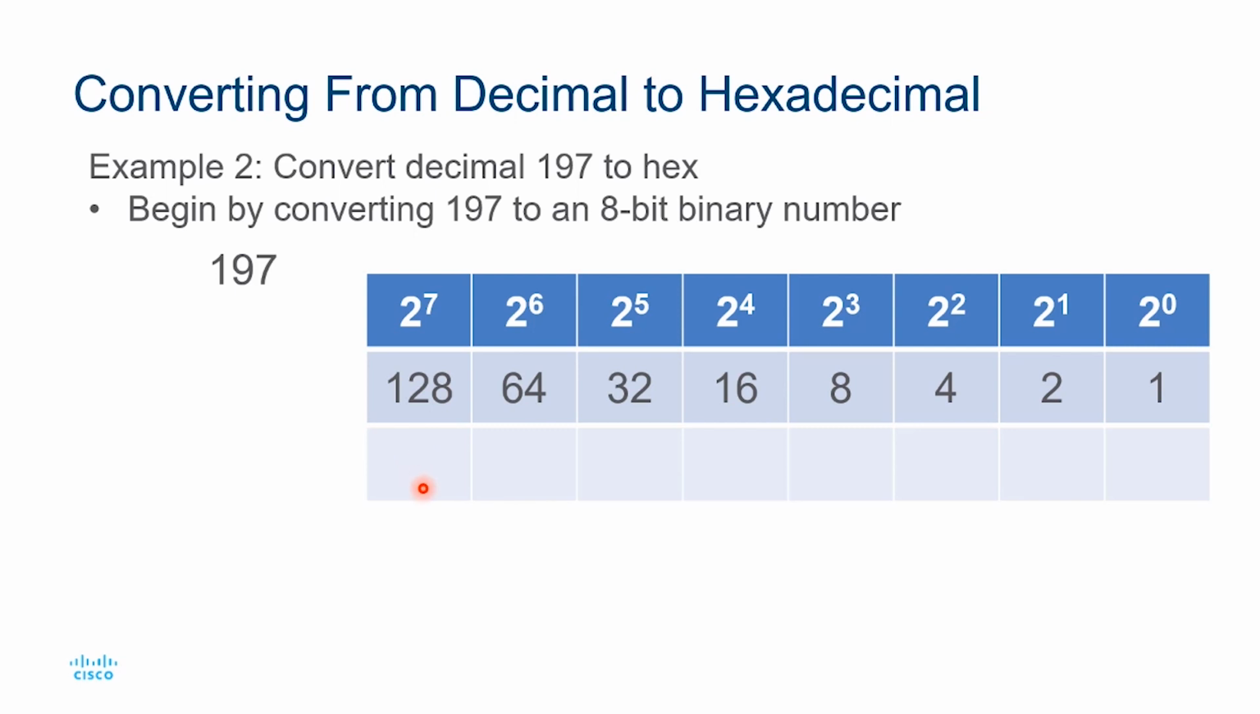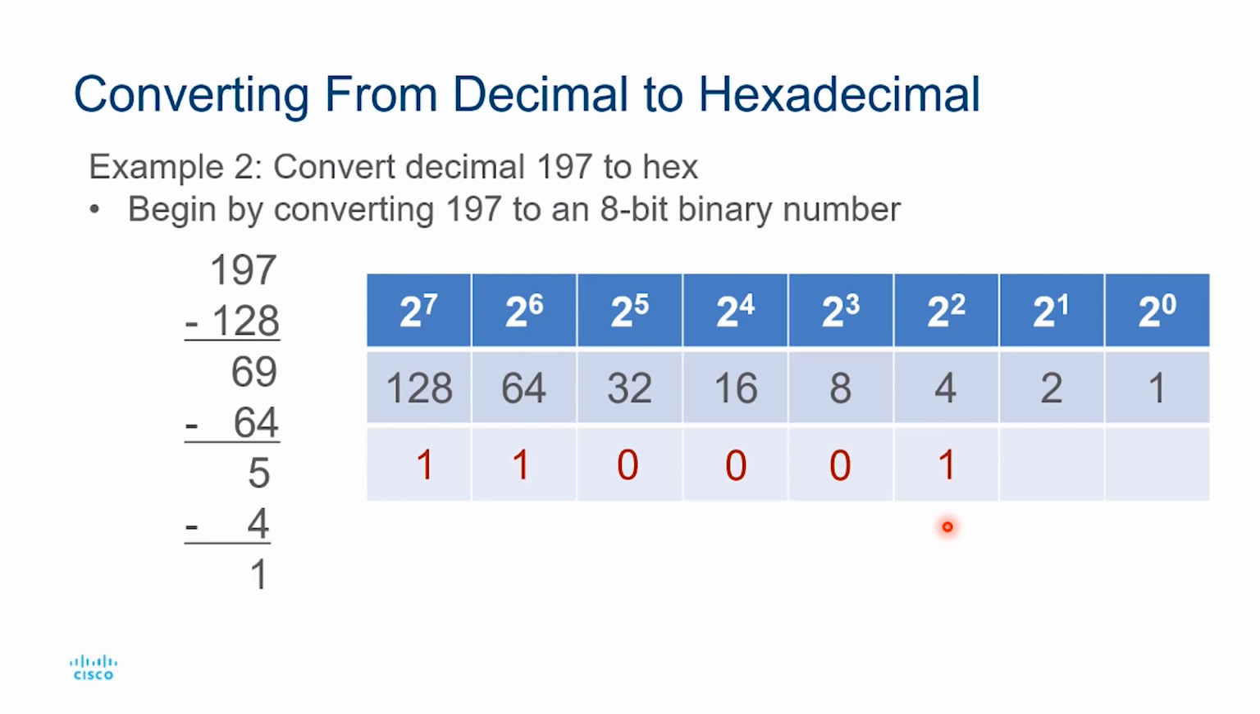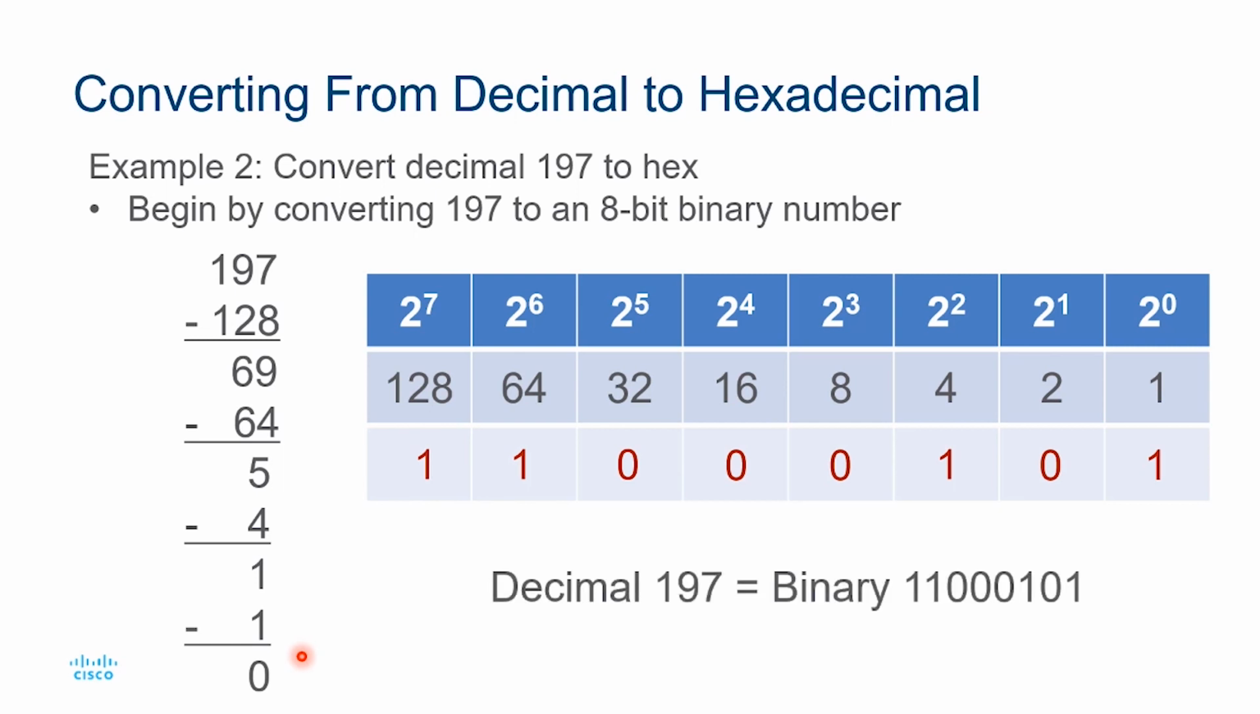Since I can subtract 128 from 197, I'll put a 1 under it and subtract it, and that gives me 69. I can subtract 64 from 69, so I'll place a 1 under that and subtract it. That gives me 5. 32 is too big, so I'll place a 0 under that. 16 is also too big, so that gets a 0. 8 is also too big. But when I get to 4, I can subtract that, so I put a 1 there, and I subtract it here. 2 is too much, so a 0 goes there, and 1 is just right, so I subtract it, and it results in a 0. Therefore, decimal 197 equals binary